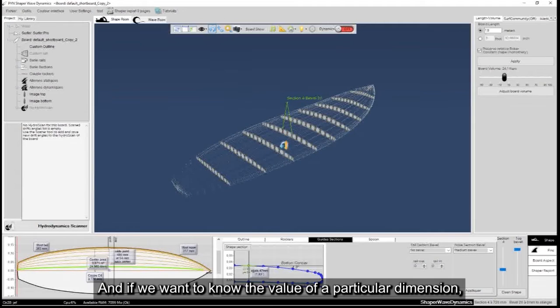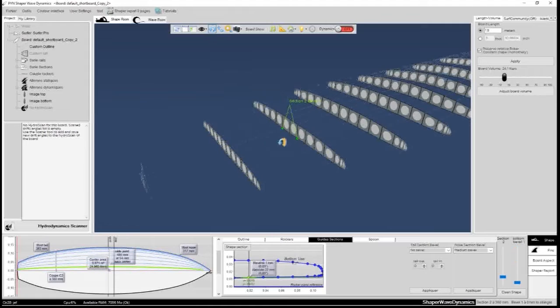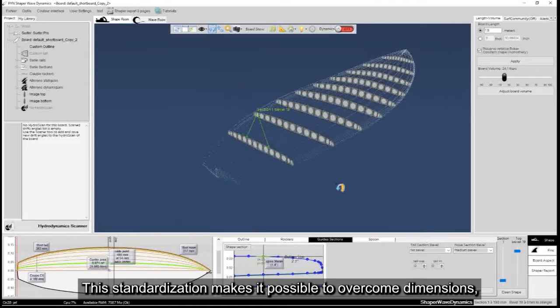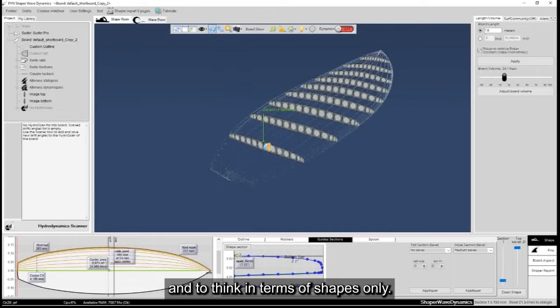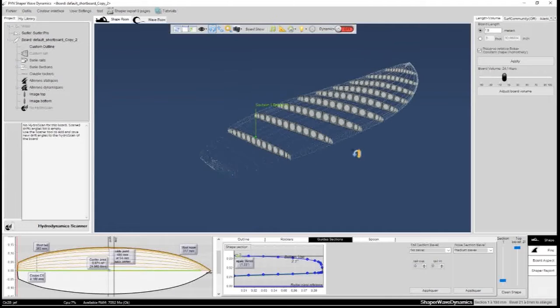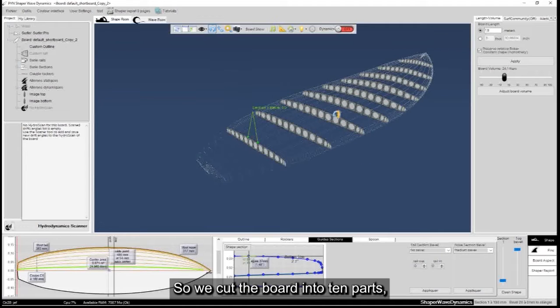And if we want to know the value of a particular dimension, we just have to multiply by the length of the board. This standardization makes it possible to overcome dimensions, and to think in terms of shapes only. So we cut the board into 10 parts.